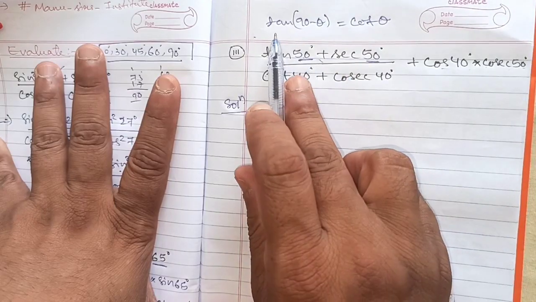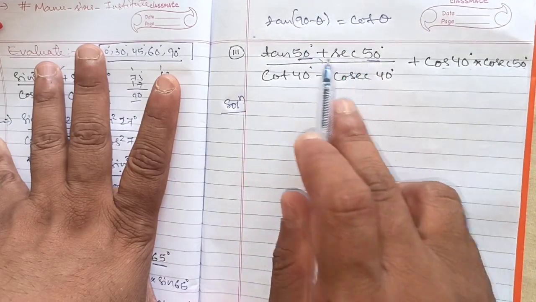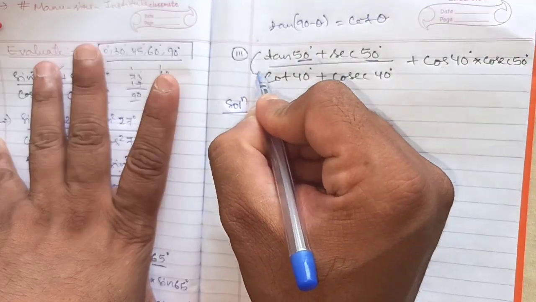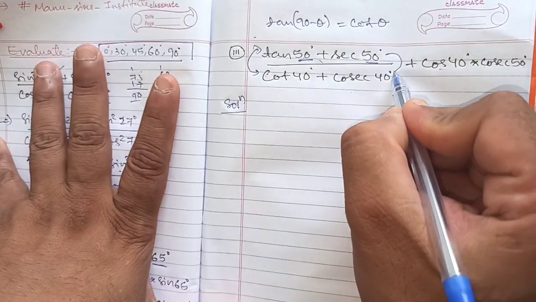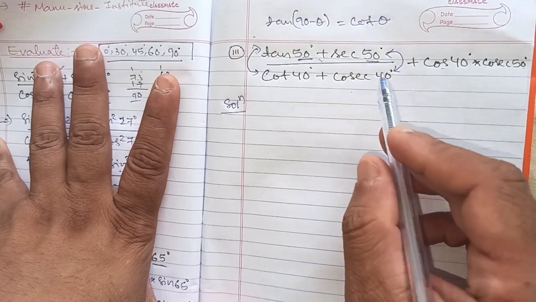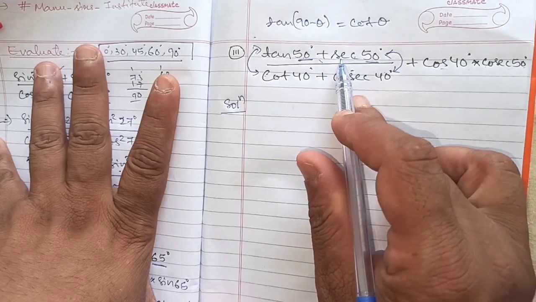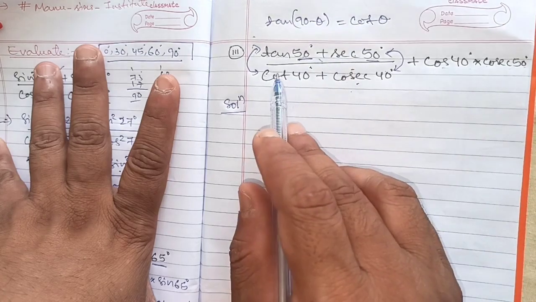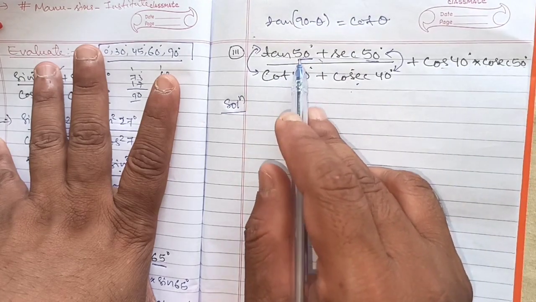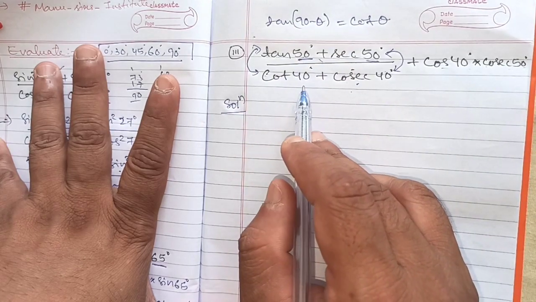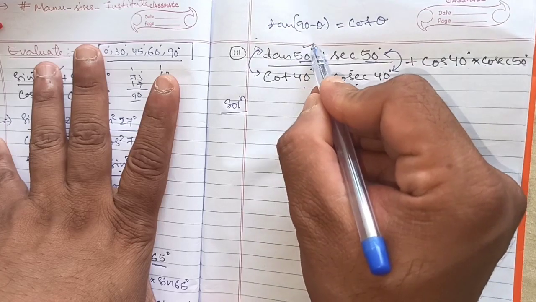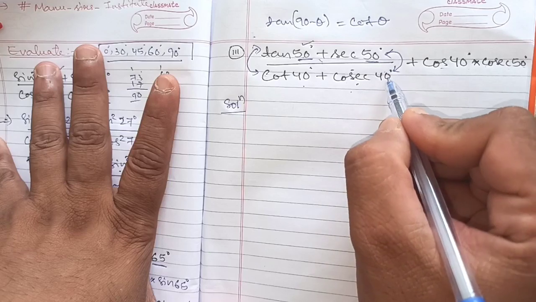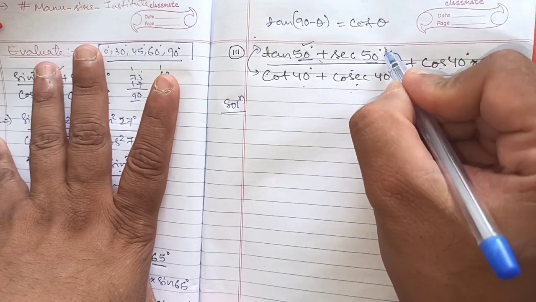That means the relation is between tan and cot. There is no relation between tan and cosec. So there is a relation between these two, and there is a relation between these two. Okay, cosec 90 minus theta is sec theta, or sec 90 minus theta is cosec theta. Understood? So I said whichever 2 degrees we are adding, 50 plus 40 is 90, I will change any one. Similarly, whichever degrees we are adding, if we get 90, we will change any one.